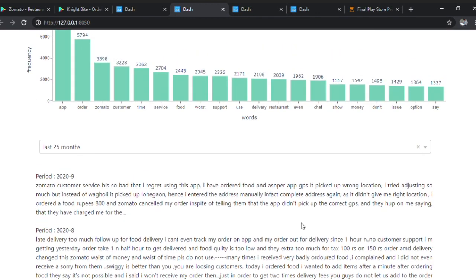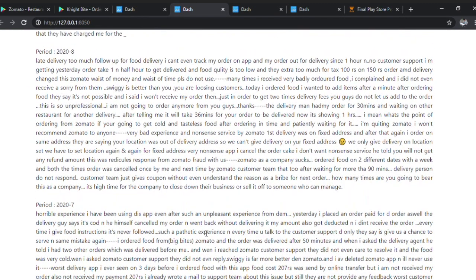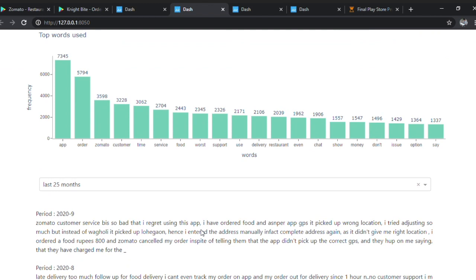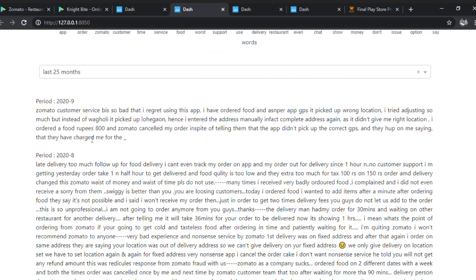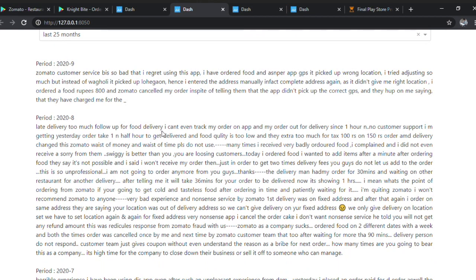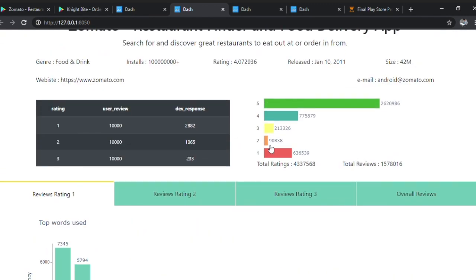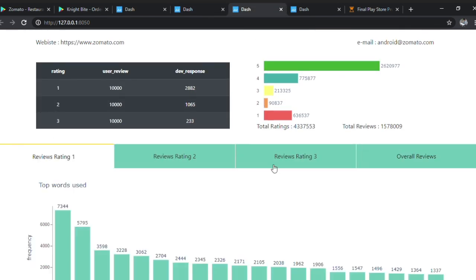Now one more thing is there. Imagine you're coming up with a new feature in your app. Say you have implemented something like OTP in your app. Already so much trouble your app is facing, and you're going to implement a new feature that is an OTP. Now you want to know if there are any reviews related to that. All right, now you can't sit and go through each one of this and see where is the OTP related one? This is gonna waste more time of yours. And time is money, as you know. And I'm already wasting your time explaining so much stuff. So coming to the point, imagine I've implemented something like an OTP, and I want to see OTP related reviews.